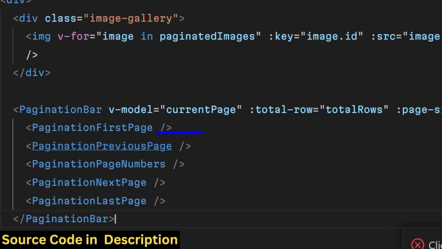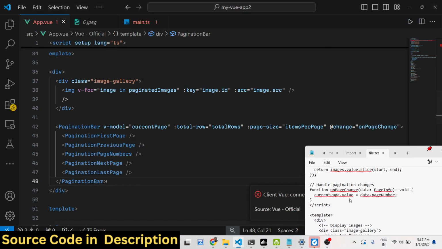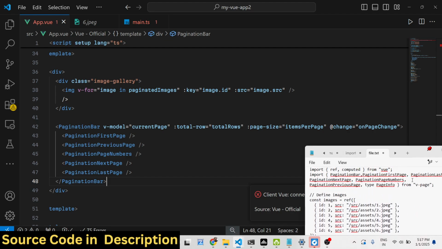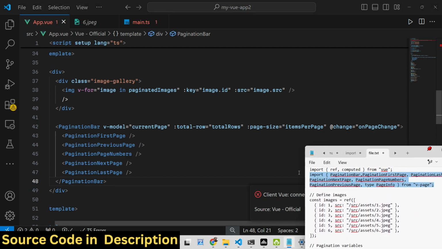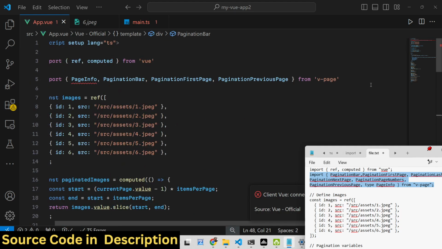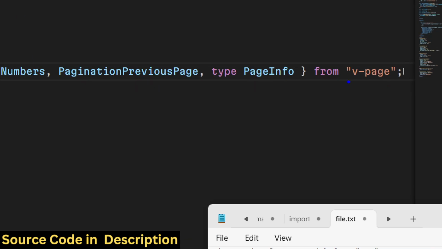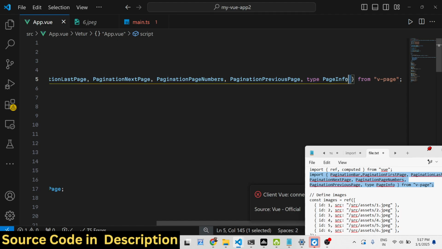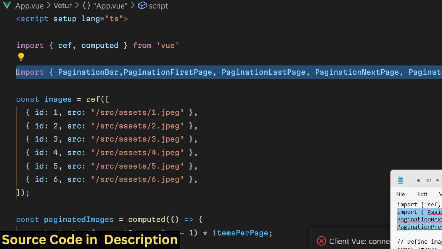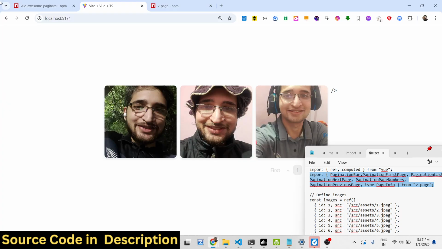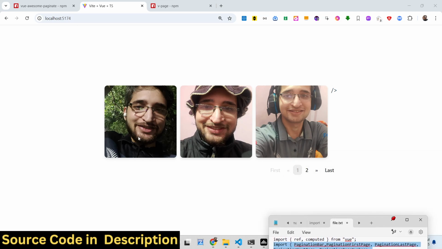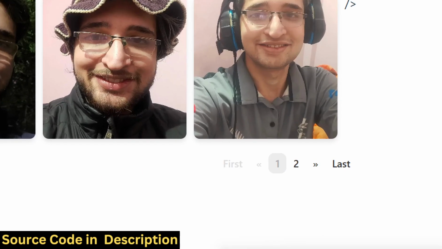So this is your first page, previous page, pagination numbers will show this, next page, last page. So you just need to import all these things. You just need to add these import lines. I will just paste it. So it will import all these components. You will see it is coming from this package vpage, and we have imported all these pagination components which are required. So if you just refresh your application now, you will see we are on the first page, and